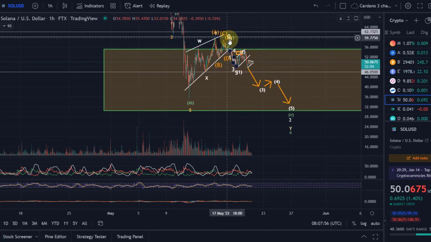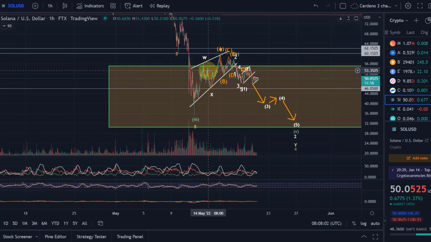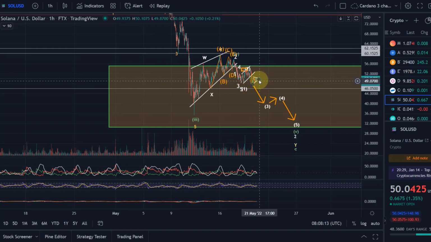From an Elliott wave point of view, we would go down further. That is my expectation. Also, looking at the patterns here, I would expect we go down further. So we had a series of bear flags, here a bearish flag, here a bearish flag that worked out. Both of these worked out as expected. And now we've got here a bearish pennant. Again, they don't always work out, but also here I think it has good chances to actually break to the